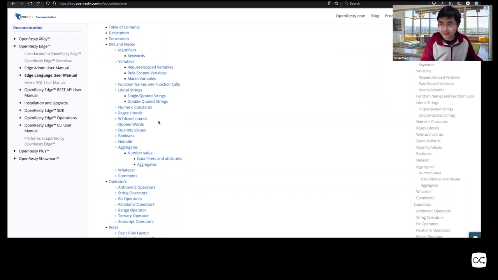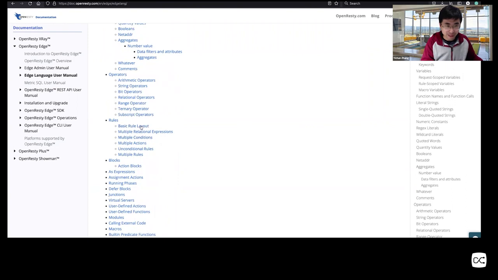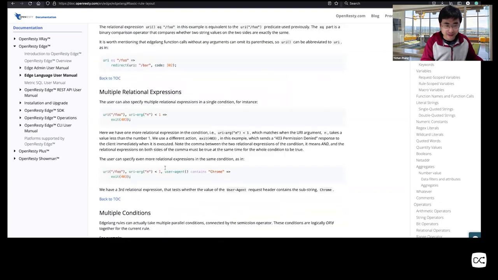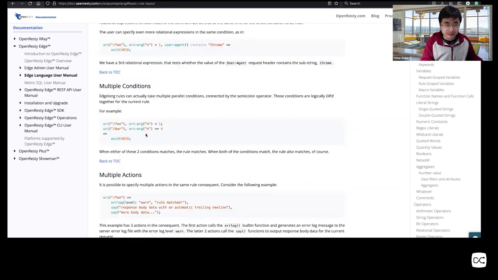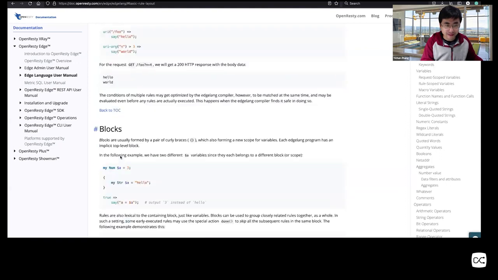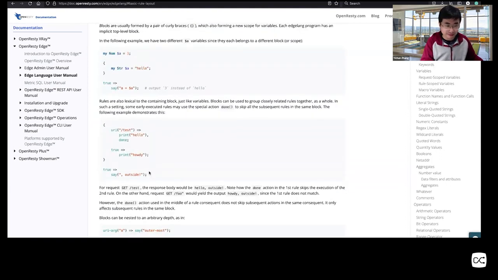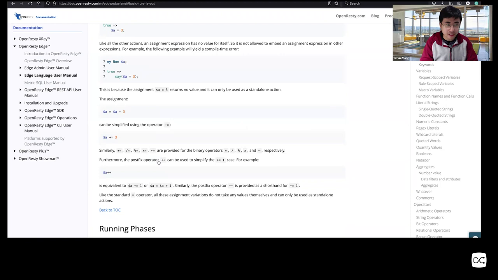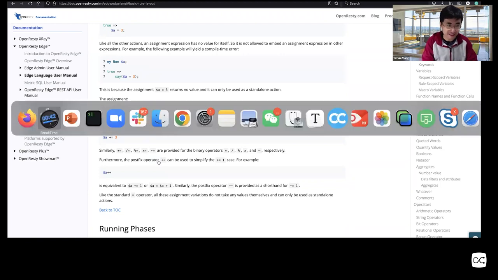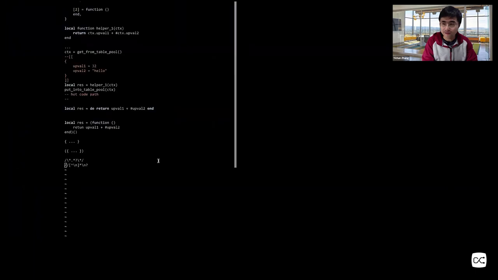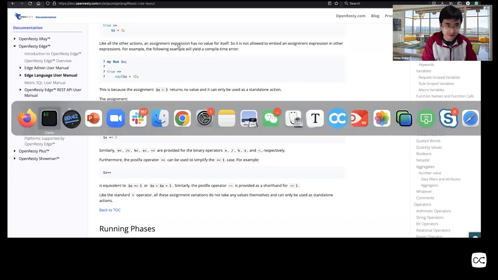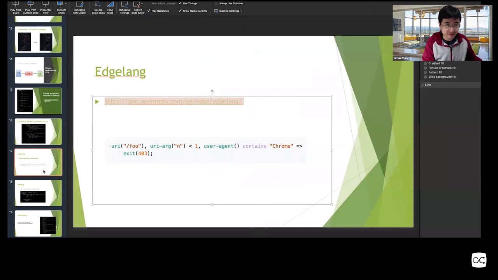Many different booleans. Rules could have multiple conditions, right? And, or, all together. Multiple actions, and code blocks even. Action blocks as expressions. I don't have the time today to go through everything here. If you're interested, you can look it up. For HLan, it generates Lua code, and the compiler is written in Fanlan, which is also in Lua per se. And let's go back to the slides here.